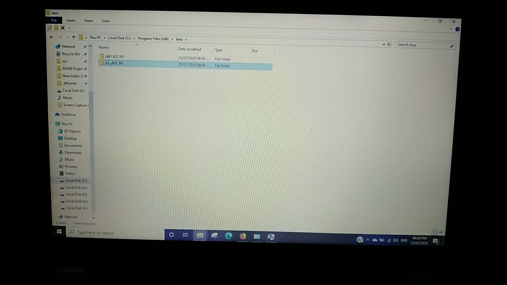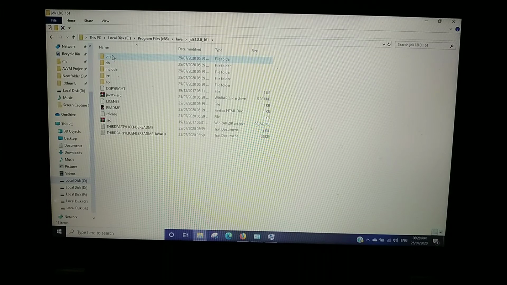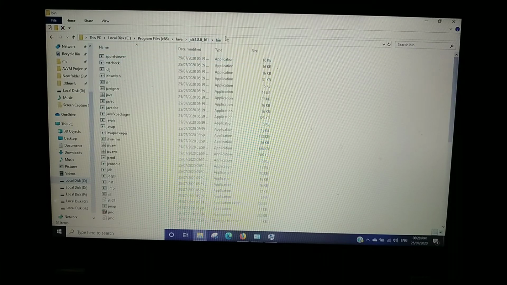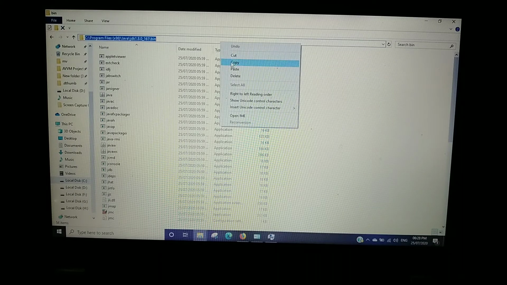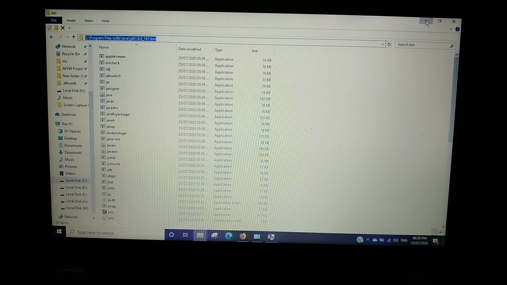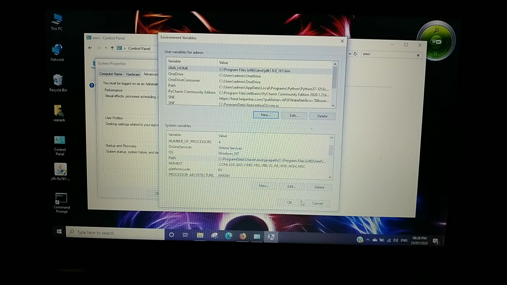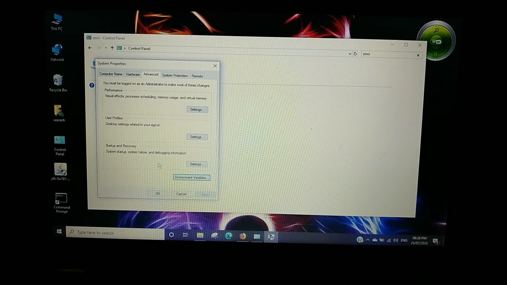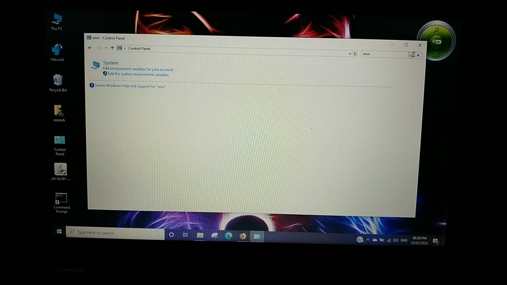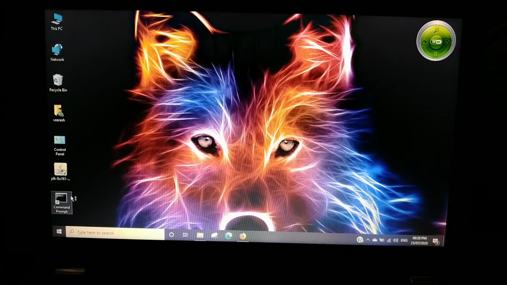Again copy the JDK folder, go to the JDK bin and copy the link, come to the environment variable, paste it in the variable value and click on OK, and here OK, and next OK. You must click on OK, otherwise it will not be successful.